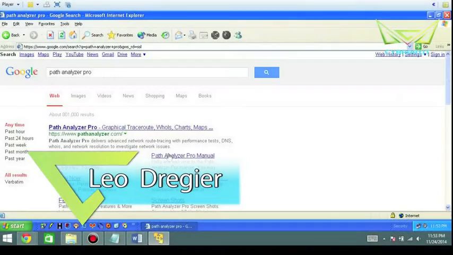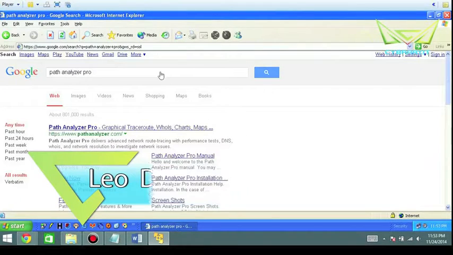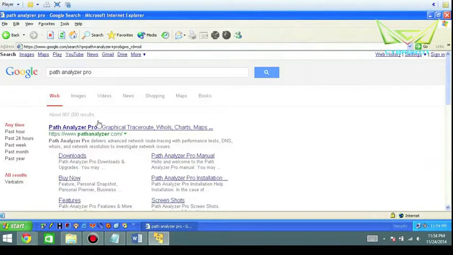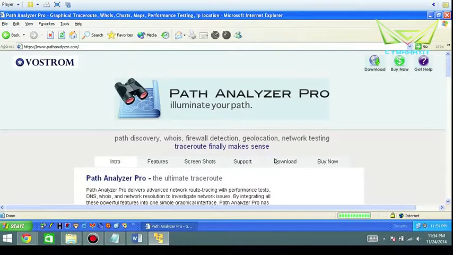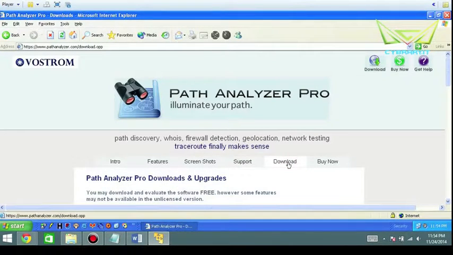All right, in this next lab, I want to look at Path Analyzer Pro. In order to install that, I would imagine you would just go to Google and search for Path Analyzer Pro, and then go ahead and click it. This is going to be an analyzer tool in which you're going to click download,